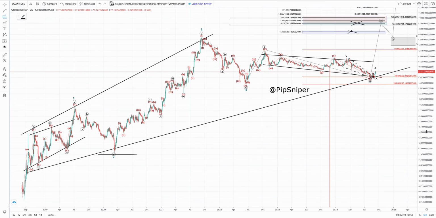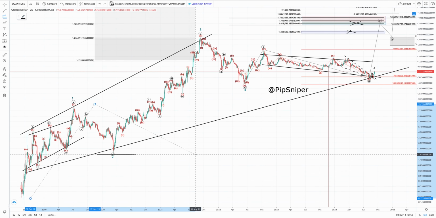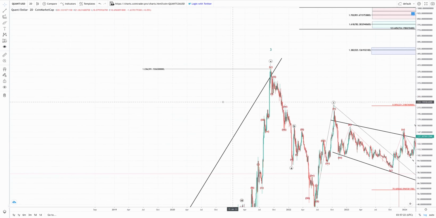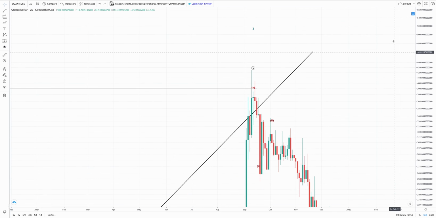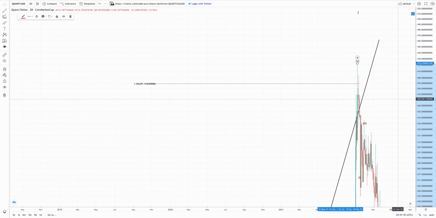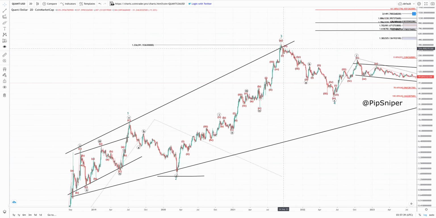So if we take a fib and we measure this third wave over here, you see we actually came up to the 1.236. Okay, so you can see that this third wave extended perfectly at the 1.236, and we had our top in 2021. You see how we just wicked towards it, and we had no closure above it. Okay, so if you just use the Fibonacci targets on Quant, you would have been able to nail the top